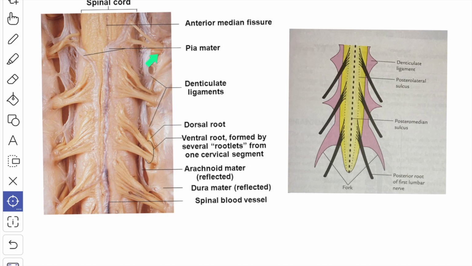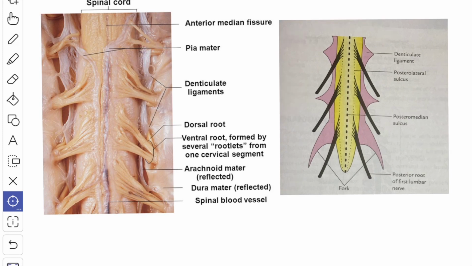So this is the dorsal root and this is the ventral root. Between these roots you get the ligamentum denticulatum, which extends from the sides of the spinal cord up to the inner surface of the dura mater. The first teeth of the ligamentum denticulatum lies at the level of the foramen magnum, where the last teeth lies between T12 and L1 spinal nerves.